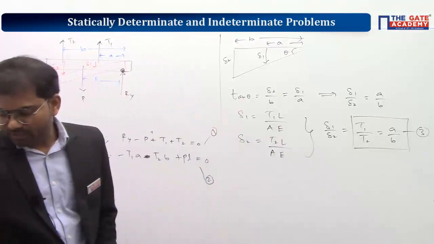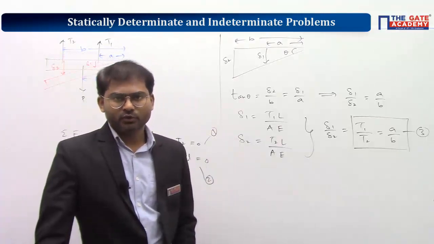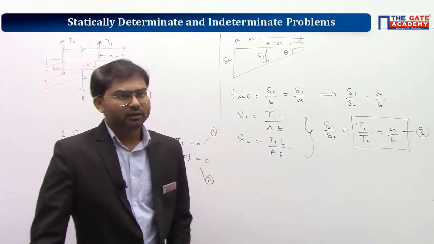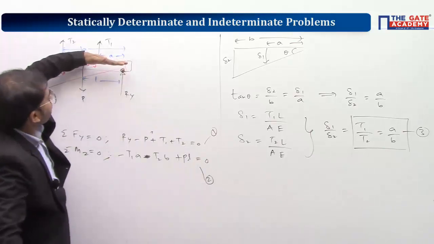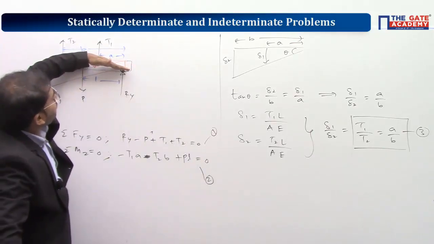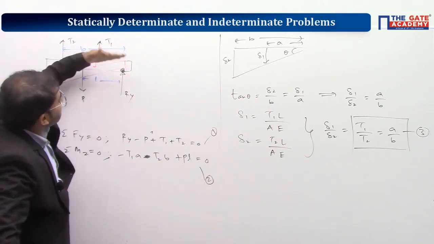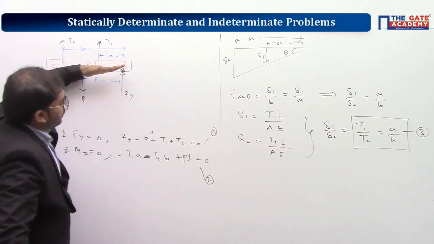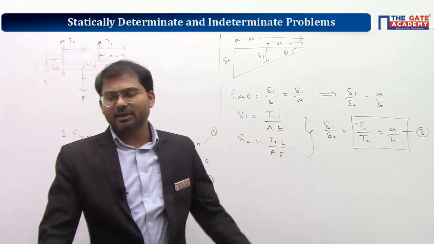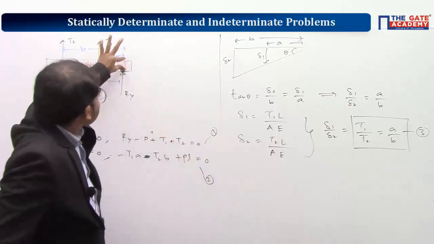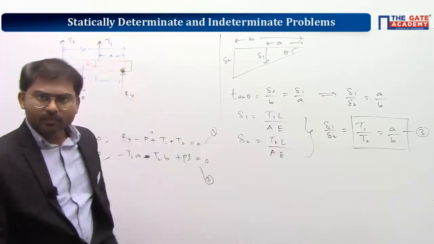Sanjay, if you see the bar is rigid, so the bar will not undergo bending. The bar will always be straight. The bar, whatever way in which it gets tilted, it will be straight only. Now at the rightmost corner, there is support A, which will not allow it to go down. Understand?